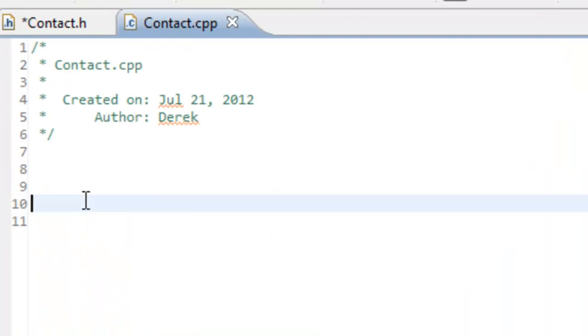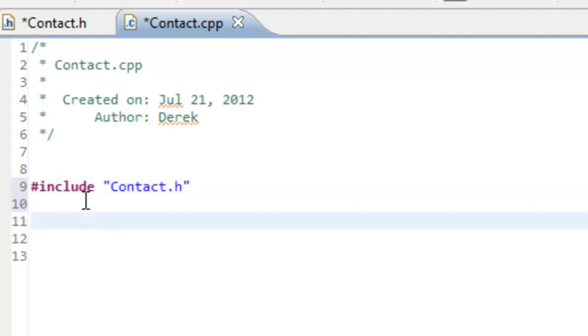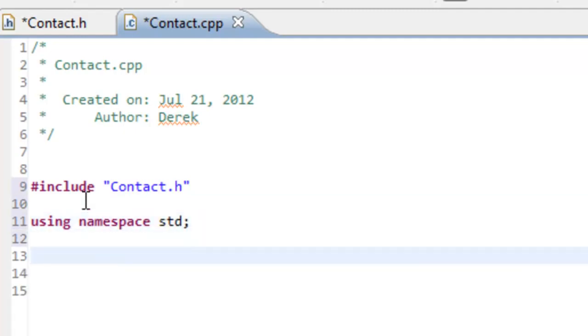So inside of the contact.cpp file, the first thing we need to do is a pound include of our header file. So that's simply contact.h. And then I guess we need to do using namespace std. That's typically what we do here. It's okay to do using namespace std inside of our CPP files, just not a good idea inside